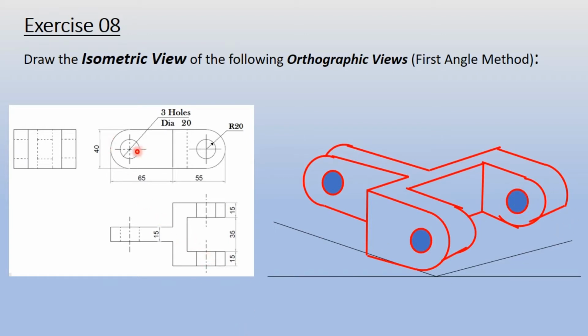But in the front view, there are two holes visible, but you can see in the top view, this one hole, second hole, and third hole. This should actually come in the hidden lines. Just bear with me here. This should come in the hidden lines. And it's also mentioned here, 3 holes diameter 20. So this is going to be our final isometric view. Now it's looking somewhat uglier, but we will draw it beautifully. Do not worry. Now we will see how to draw this.